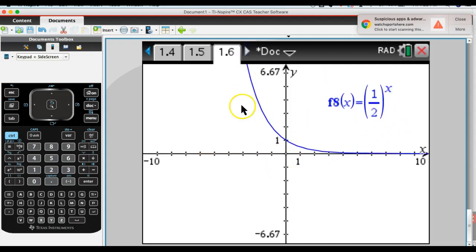When I look at a decay function, when that b value is between 0 and 1, that just flips my graph from left to right. It starts big, and then it gets really small. Notice it has that horizontal asymptote. It's going to approach y equals 0. It's going to approach 0 from the top side. So as I list out my